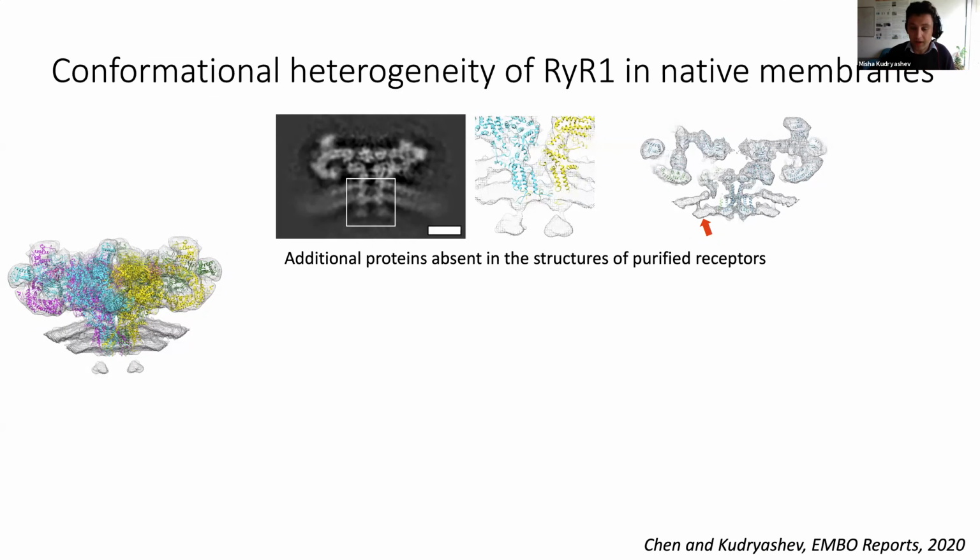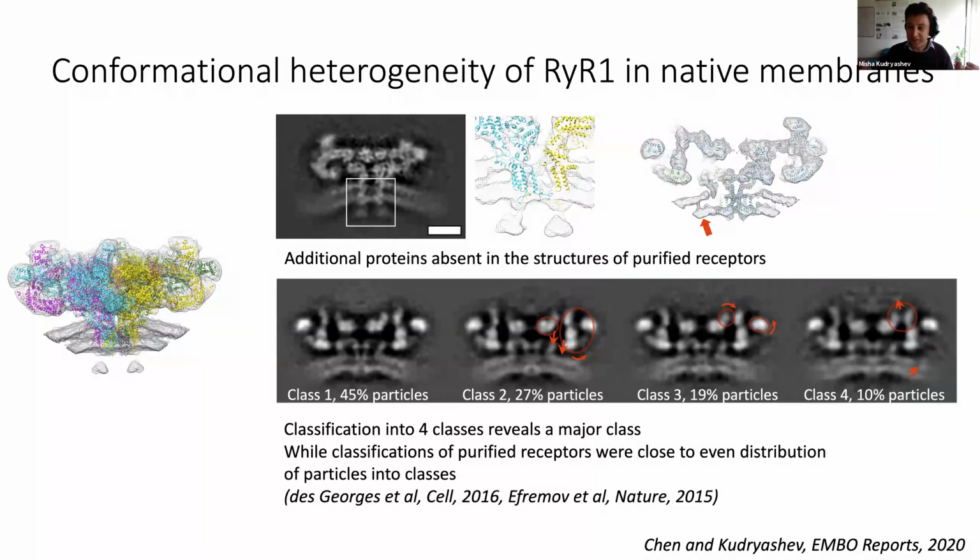But what's interesting is that we also did classification into 4 classes. When the purified receptors were classified into 4 classes, the occupancy of those classes from 2 groups were very similar, so roughly 25% in each class. But we actually had one major class where roughly 45% of particles went, and other classes were minor. So which suggests that maybe there is a different conformational landscape of the receptor when it's present in the native